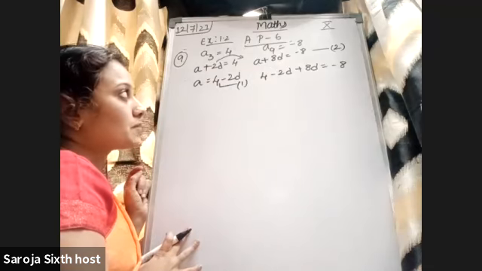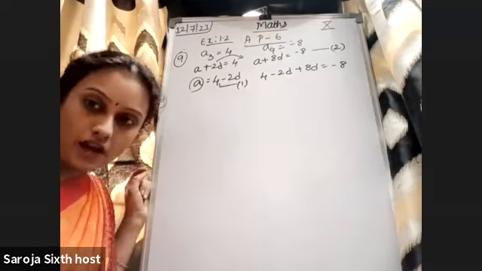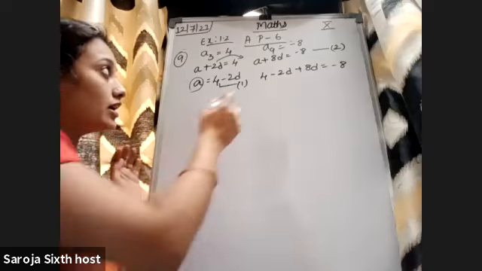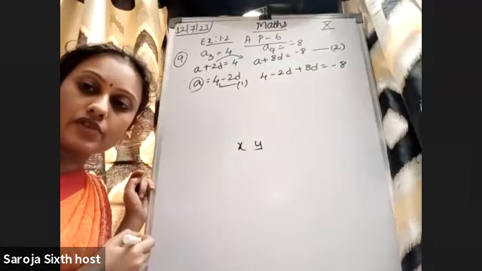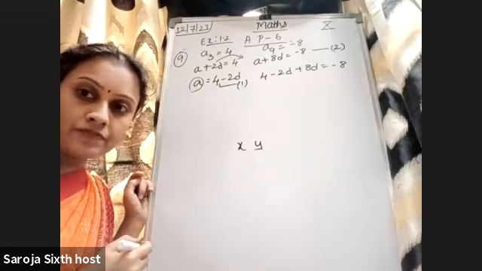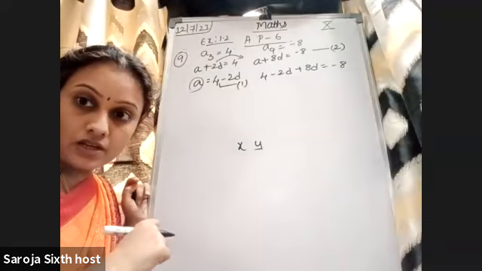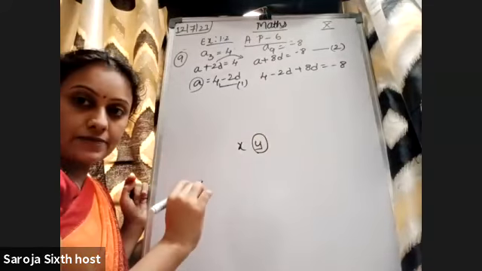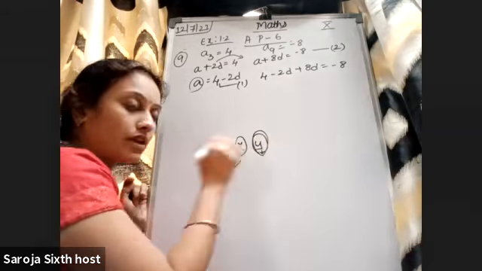Why do we have to shift, ma'am? Because to get the A value, we don't know here. The D value is also unknown, and the A value is also unknown. So when there are two variables unknown, it is very difficult to find out both the values, right? In such cases, we go for the substitution method. What do you mean by substitution? Means we will keep one variable as it is and try to express the first variable in terms of the second variable only.